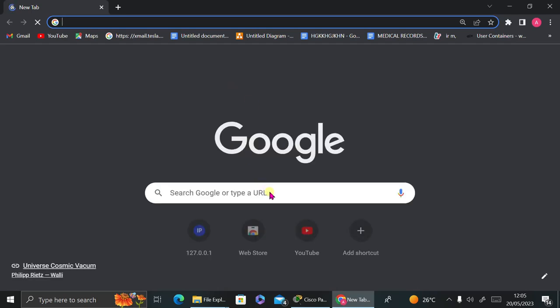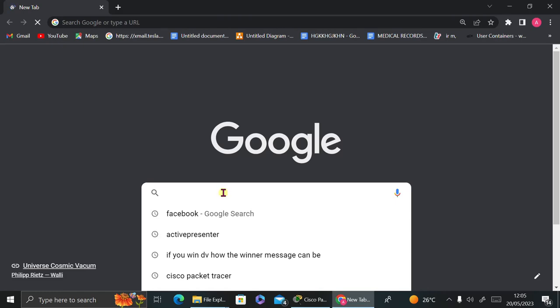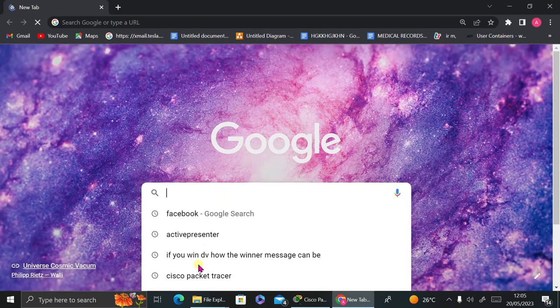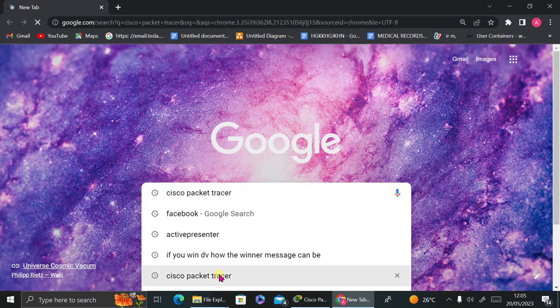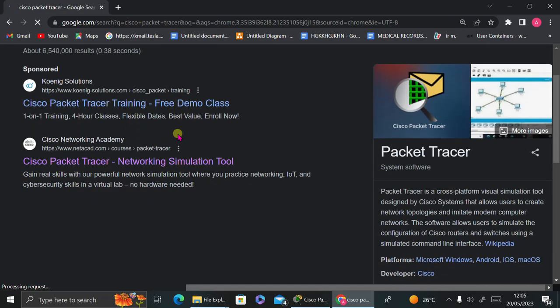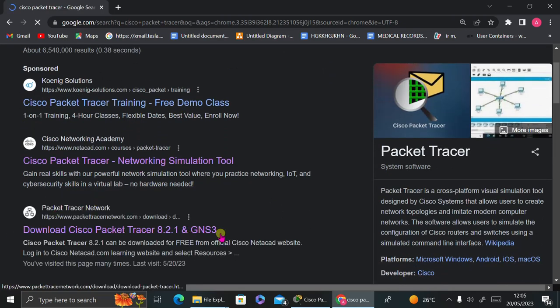I'm so sorry, my internet is slow. Okay, so after your browser opens, you just tap here. It says Cisco Packet Tracer. I think I already have it here. So you just tap here, and then the browser will take you to the download page. So you see the Cisco Packet Tracer download is here. You just click here, and then